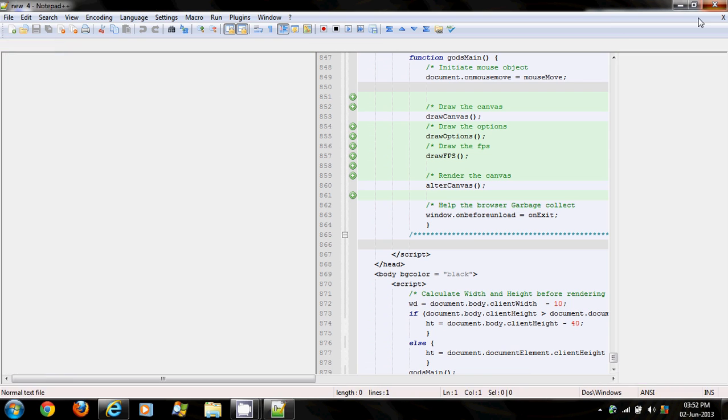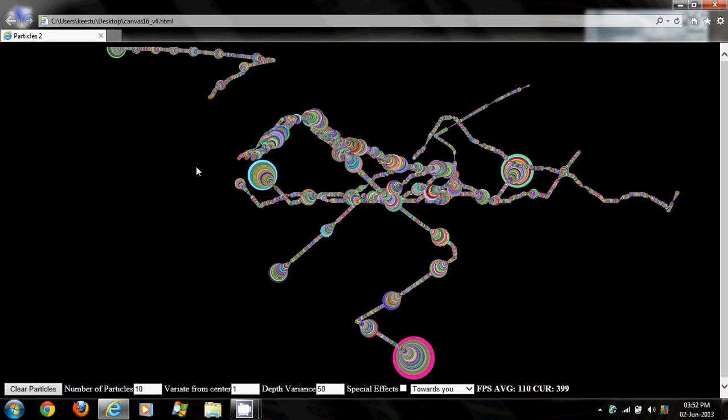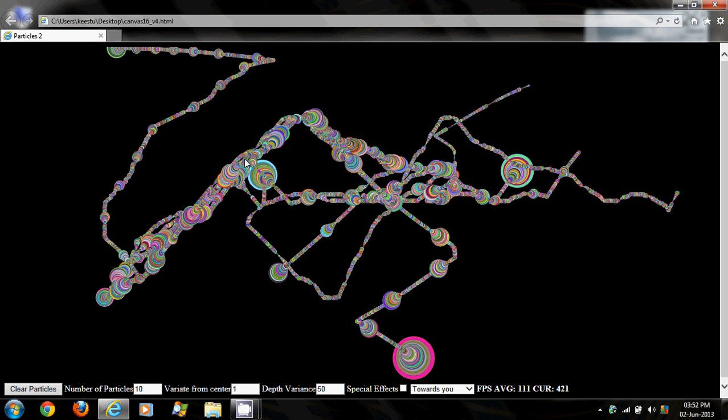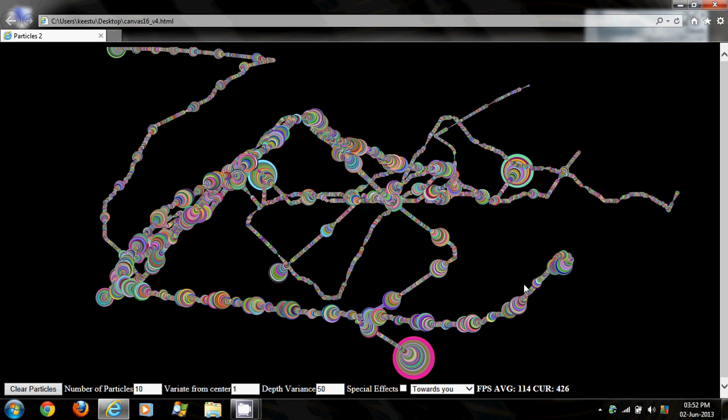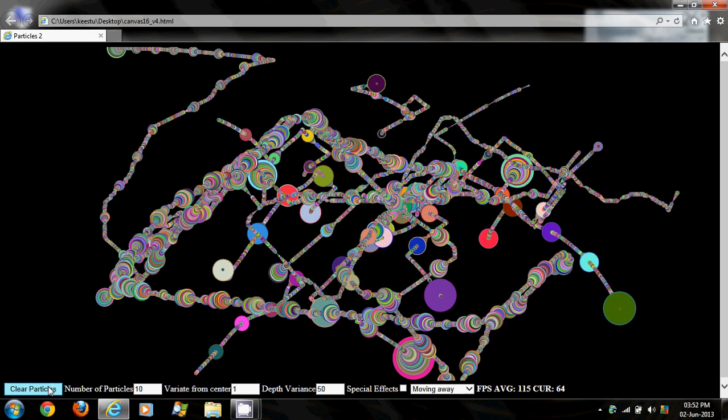Coming to the effect, what all you can toggle, let me show you some samples. This is something that comes towards you. These bubbles, the boxes, are the sine burst that I was talking about. You go ahead and put moving away, it will be a destination instead of source over, so you will see kind of it moving away.